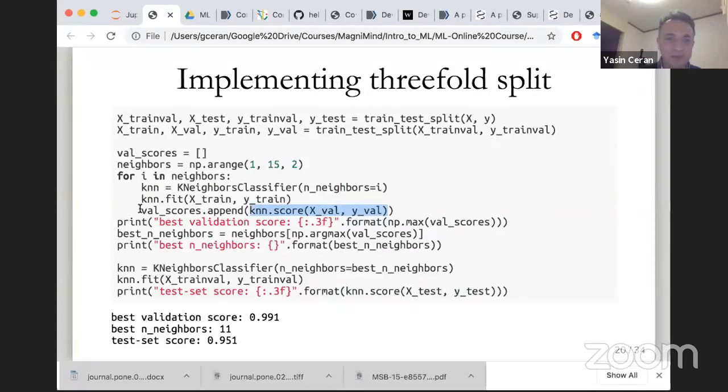Okay, so now this val underscore scores, which was empty at the beginning, is now a list of scores. Each score corresponds to a different number of neighbors. The first score will be number of neighbors equals 1. The second score will be number of neighbors equals 3. The third, number of neighbors equals 5. Okay, so one of these scores is the best, right? One of these scores will be best. So let's say the third score is the best. In that case,